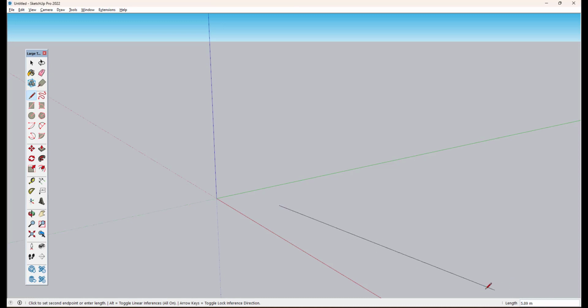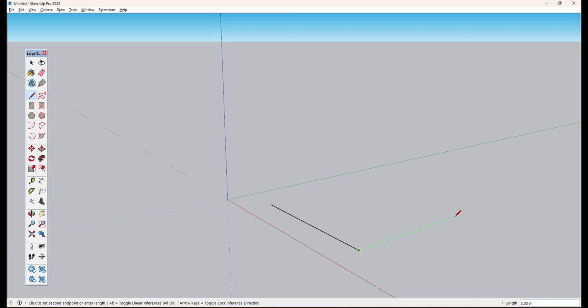So just keep the line in that particular color and then move the mouse to the particular distance. Here we have the length option. You can type it with the help of the keyboard, that is 5, enter. And after that move the mouse and then move the line on the green axis and give the distance, that is 5, enter. And then again I am moving in the red axis, 5, enter. And again if you want to continue you can.